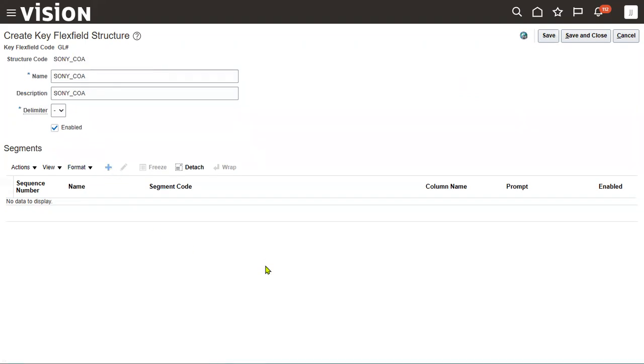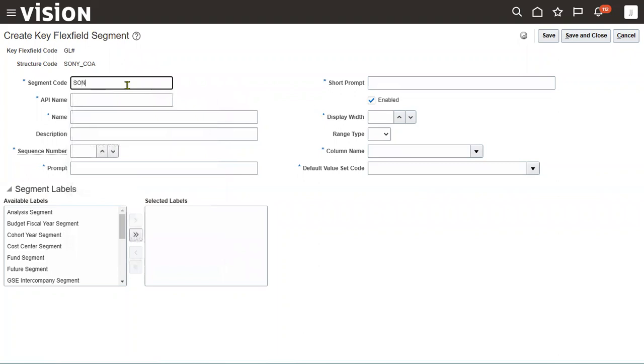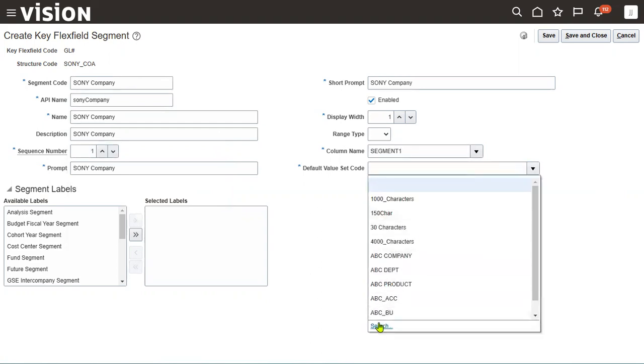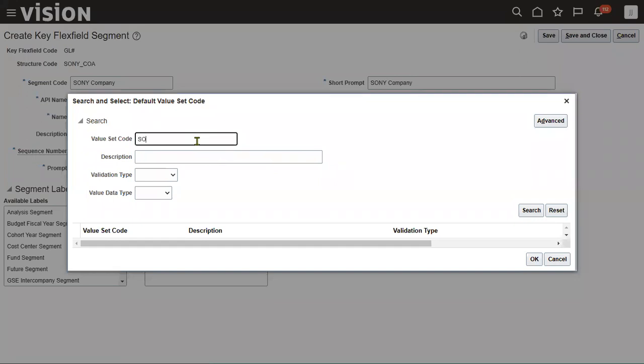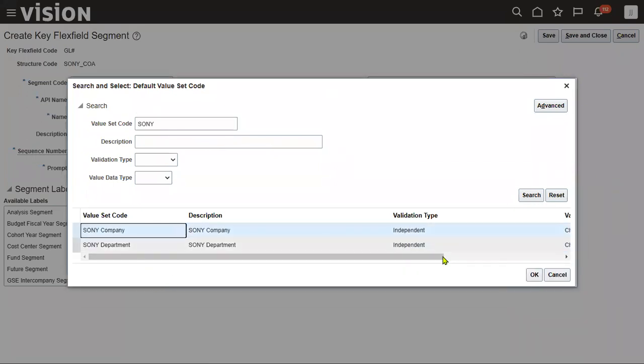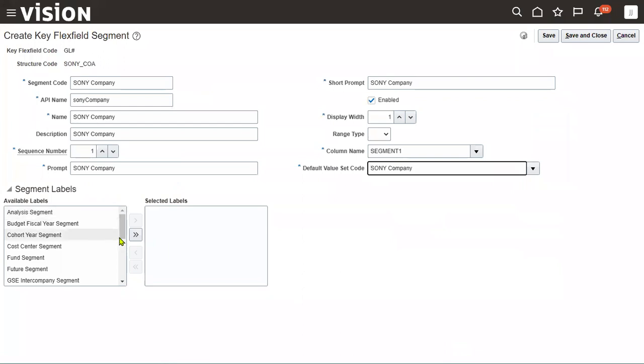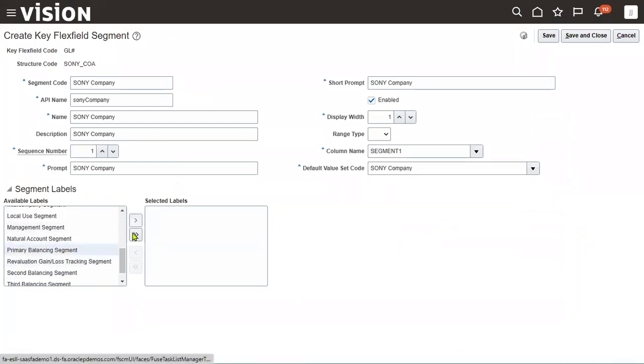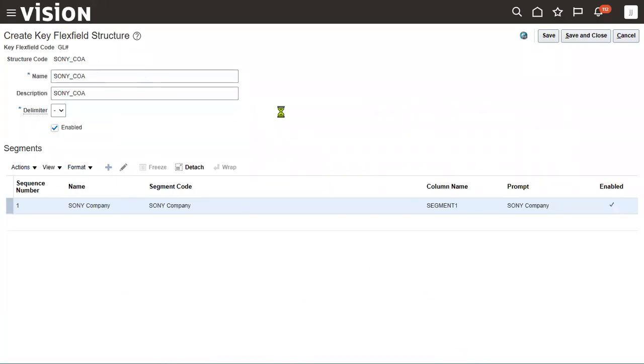Yes, as I said, two segments are mandatory. One is company, another one is account. I'm going to configure here. API name, don't enter, it takes automatically. We have already created a value set for company, right? Let's choose this, and primary balancing segment here. I'm going to select save and close. Next, go for